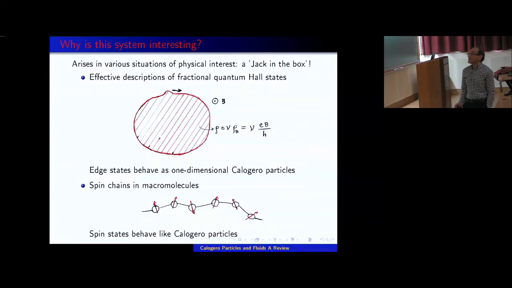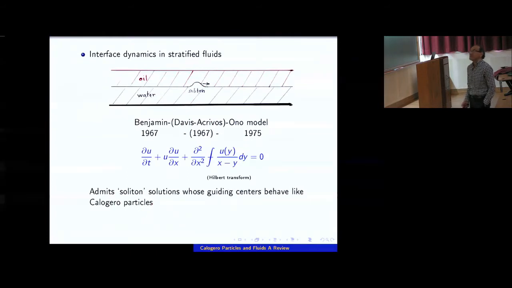And it's another application. One of the first applications of the Calogero model came actually in fluid mechanics, which is appropriate, I guess, for the topic of this conference. It is actually in the one-dimensional motion in the interface of stratified fluids. So imagine that you have a trough, long trough, filled with 2 non-mixing fluids, could be water and oil. The interface between these fluids, if the deviations are one-dimensional, will propagate. And it propagates according to this equation, which is usually referred to as the Benjamin-Ono